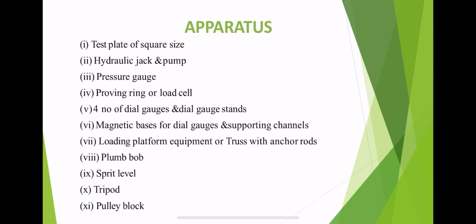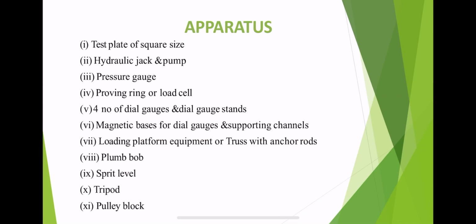Proving ring is a device used to measure force. It consists of an elastic ring of known diameter with a measuring device located in the center of the ring. A dial gauge is used to measure the depth of an indent to 0.01 mm accuracy. Here the pin is pressed in the specimen in a ventilated chamber where the temperature is maintained within 2 degrees centigrade of the specified test temperature.